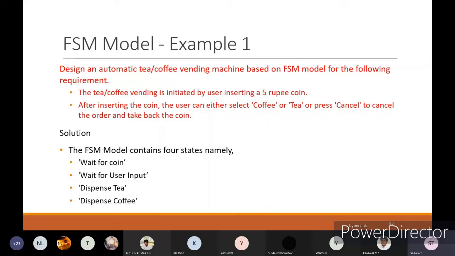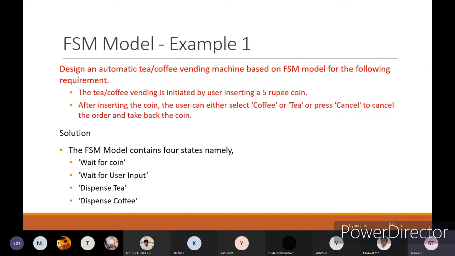Whenever you are designing any product, first you should know what all the requirements are, how it should work, all those things. Behaviorally you should know. If you know the behavioral function of your product, then you can easily implement it. Okay, here are the two requirements.